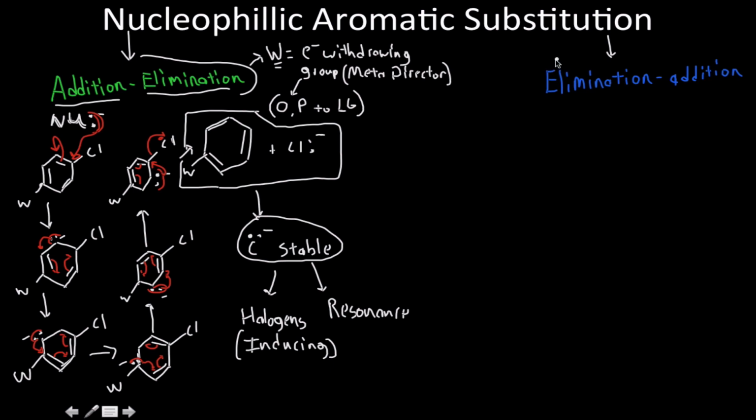Now, I'm going to see if I can fit at least the elimination addition reaction on the same page, so that you guys can see and compare and contrast the two. But I'll do it in blue. There are three things that are important to this. The important factor in this reaction here was that we had a good electron withdrawing group, a meta director, because it would help us with carbanion stability. So with the elimination addition reaction,